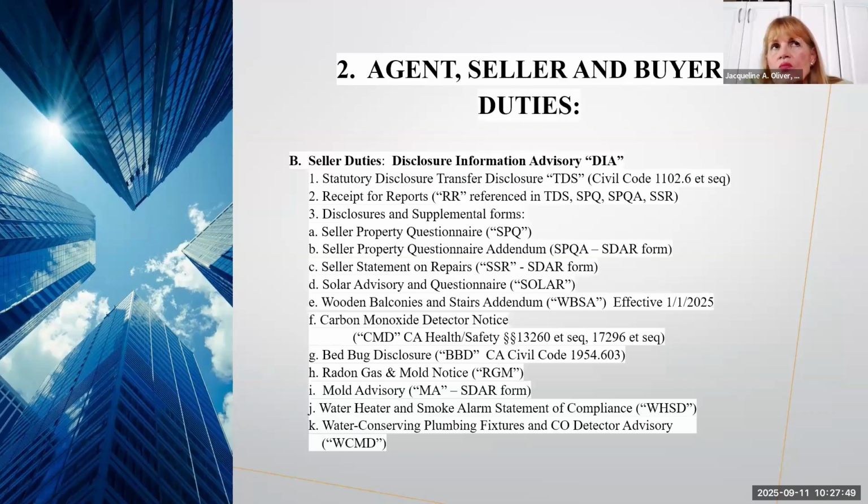If a seller asks, what should I disclose? It's whatever you're aware of. That's the standard. It's a very low standard. It's what do you know about the property? What comes up when a buyer sues the seller is they say, they should have known that, like the big hole in the roof was not a skylight.